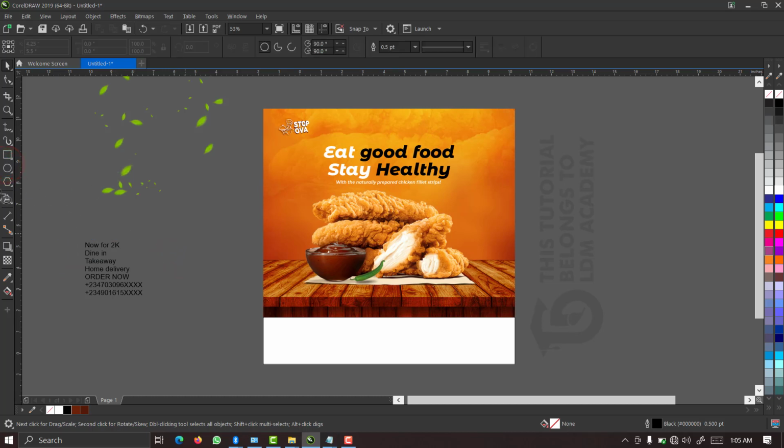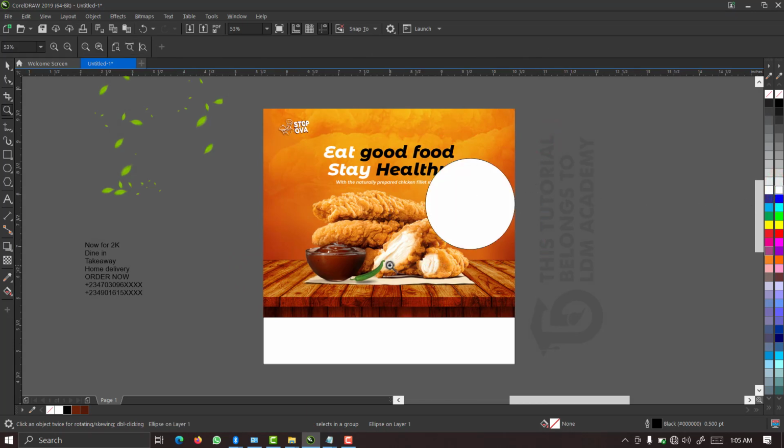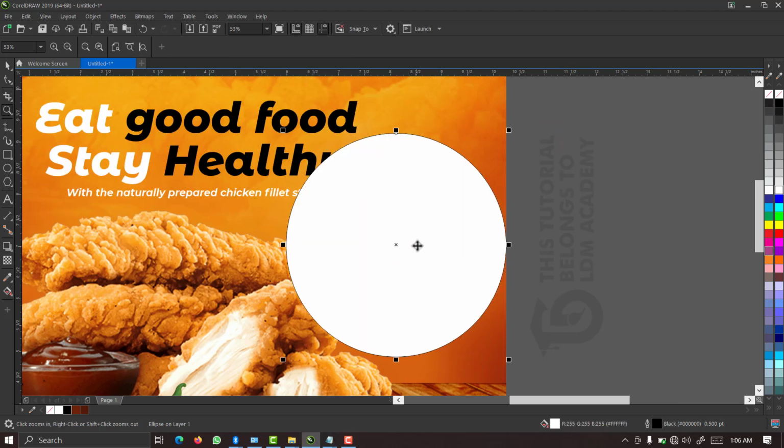Okay, so we click on our ellipse tool. We click on it, then we hold the control key, then we drag the ellipse tool on our workspace in order to draw a circle, and then we'll change the color. So let's change the color to white. Okay, so I will just zoom in so that we'll be able to see what we are doing